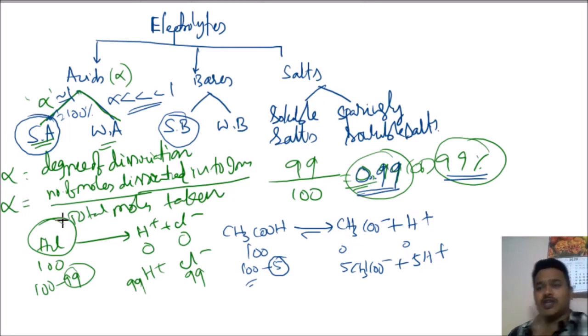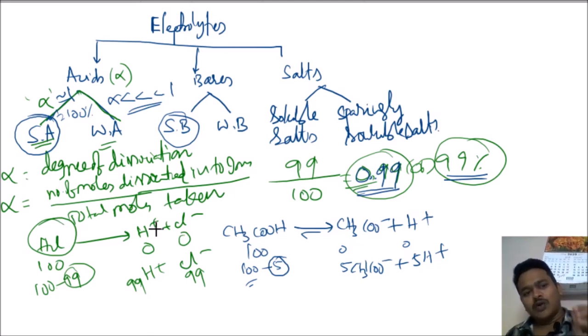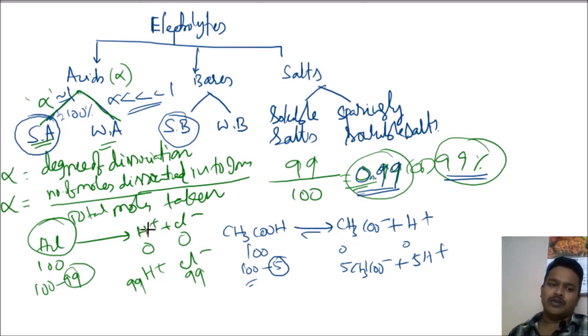We are going to study alpha, the degree of dissociation, again in this chapter. But here I want you to know why we call them strong acids and why we call them weak acids. Similarly, strong base and weak base. That is why we discuss it now. In 8th and 9th class we studied examples of strong acids and strong bases, but you did not know why they are called strong. Now you have to learn it based on the alpha value.